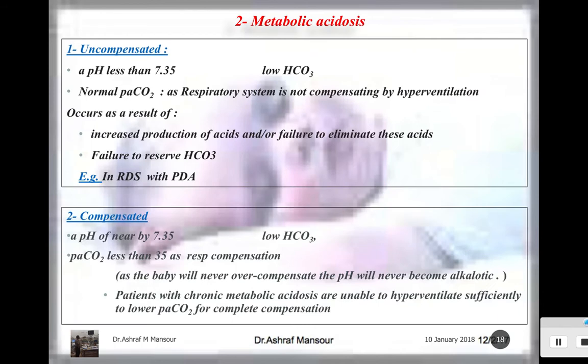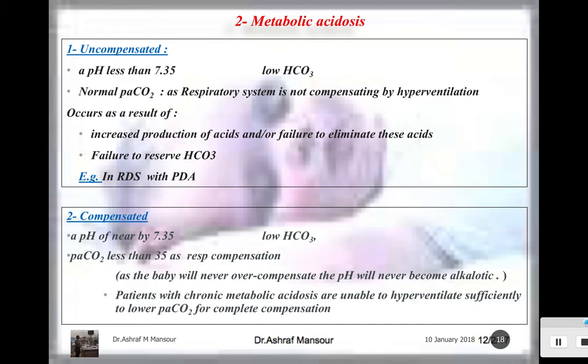Metabolic acidosis, second type, and we have two types, the uncompensated type and the compensated type. In the uncompensated type, the pH will be less than 7.35 because of low bicarb, but you will find there is normal CO2 as the respiratory system is not compensating. There is no time for compensation by hyperventilation, and this can occur in cases like respiratory distress with PDA and extremely low birth weight in the first 3-4 days. There is increased production of acid and failure to eliminate this acid, and at the same time there is failure